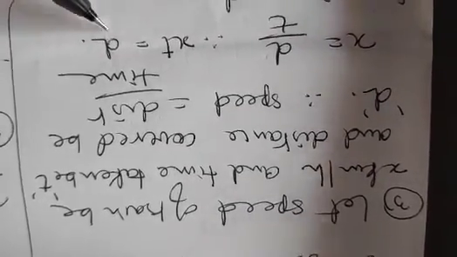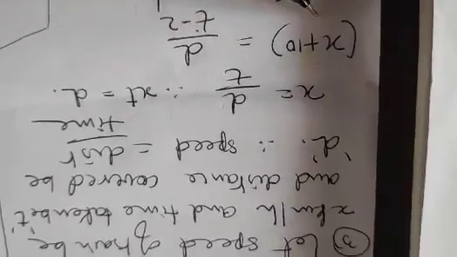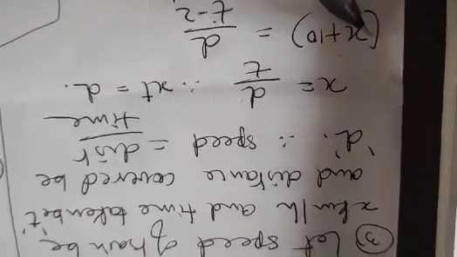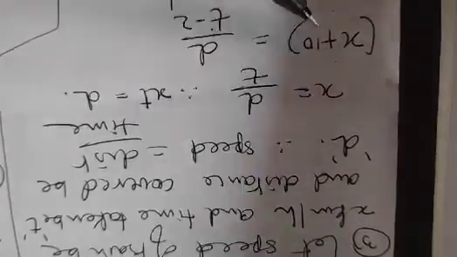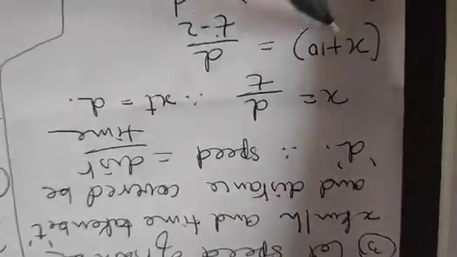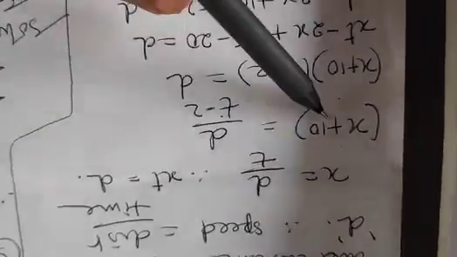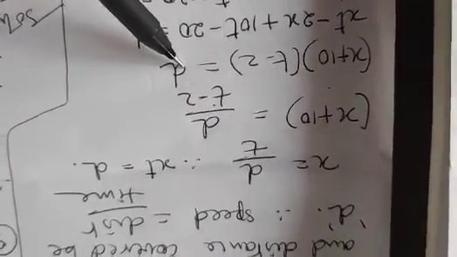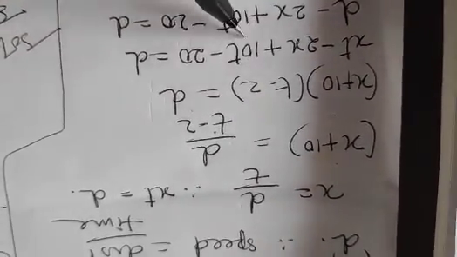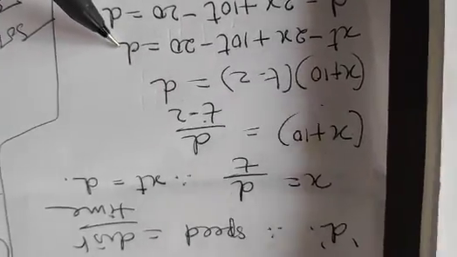Am I right? Now, the first statement is that from the usual speed, if the train increases the speed, यानी पहले x है, अभी x plus 10 है, the time will reduce by 2. पहले t time था, now it will be t minus 2 hours. So speed into time is distance, so this into this will be equal to d. Open the bracket. xt minus 2x plus 10t minus 20 is d.